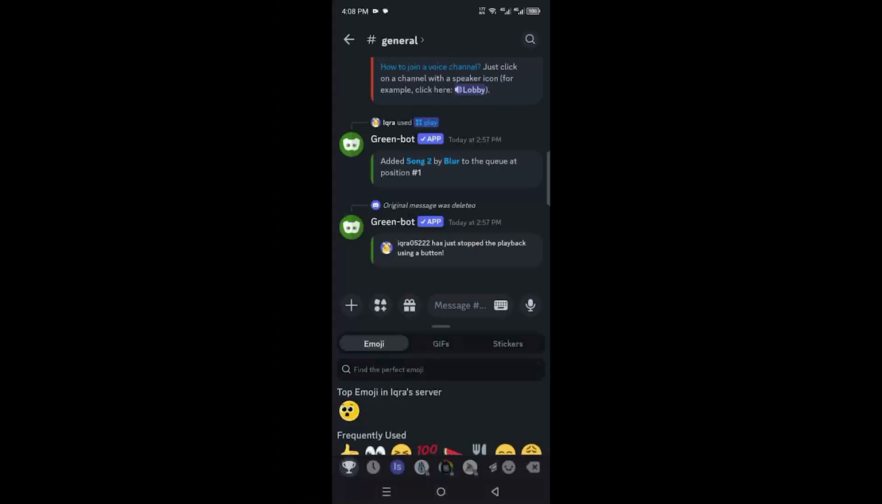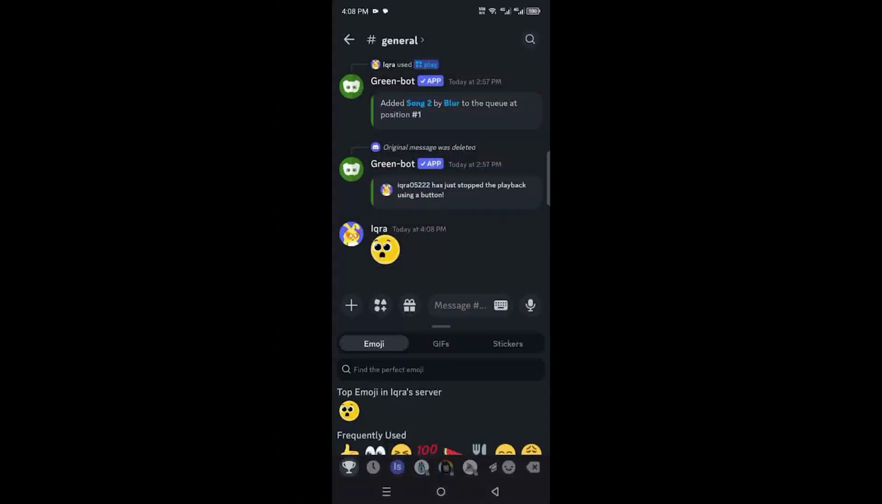emoji, and here you can see my emoji has been uploaded. So I can select and I can send this emoji to anyone, and it's done, guys. This is how you can make stickers on